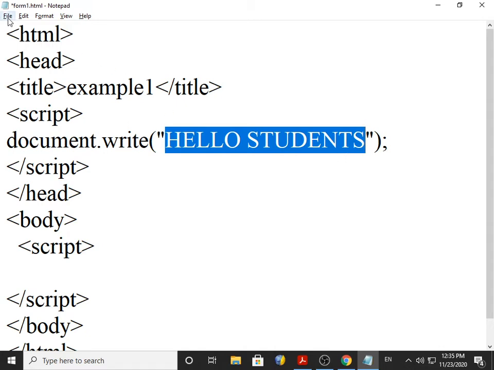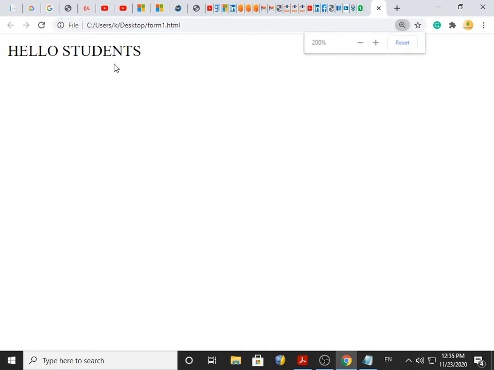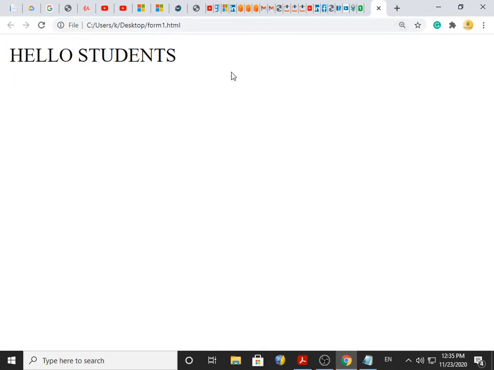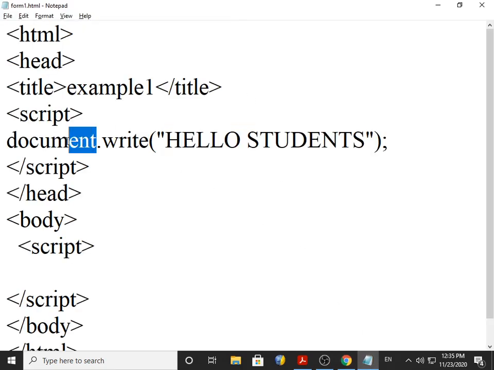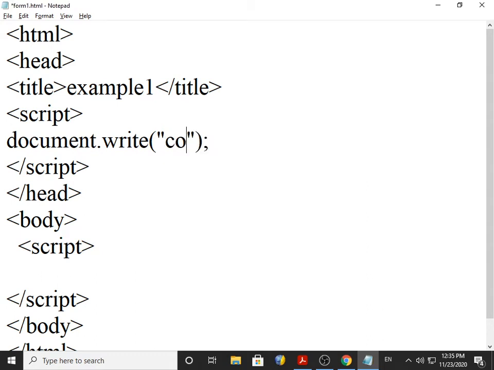If I save this file and open it, I hope you can see it shows hello students. So document means your browser output area, dot write means write down whatever is mentioned in double quotes, and that will display as it is. In double quotes if I mention computer, then it will display computer.